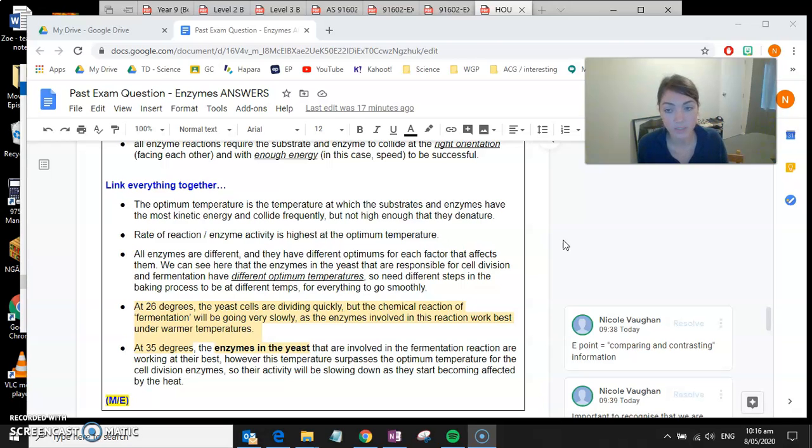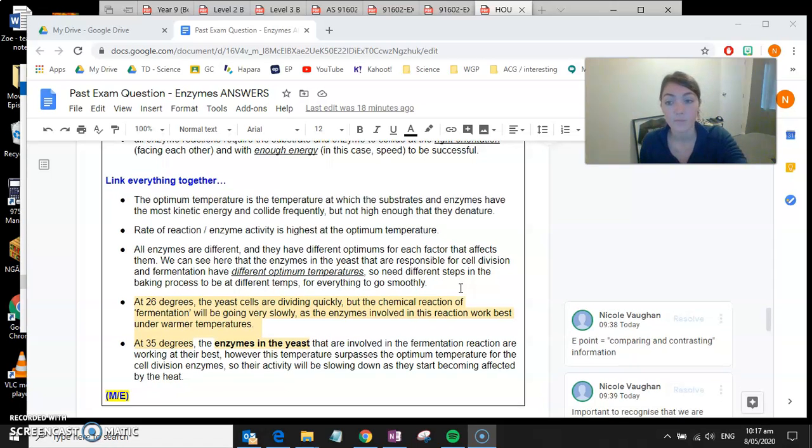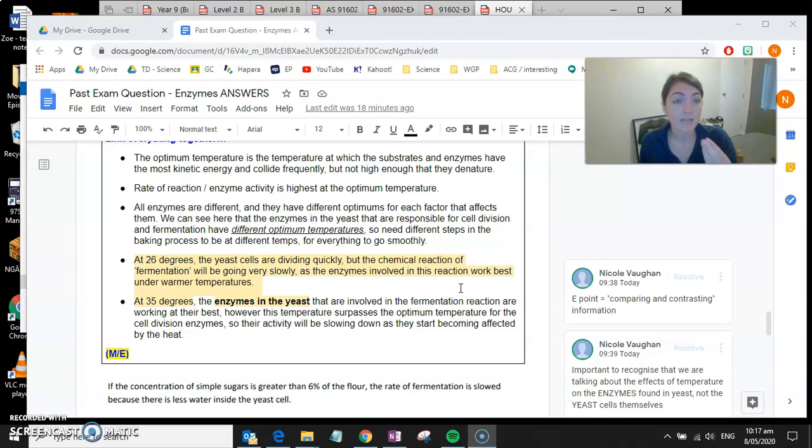under warmer temperatures. At 35 degrees, the enzymes in the yeast that are involved in the fermentation reaction are working at their best. However, this temperature surpasses the optimum temperature for the other enzymes, the ones that are involved in cell division. So their activity will be slowing down as they start becoming affected by the heat. So that's the excellence level comprehension of kind of what's going on in this process to the different enzymes involved